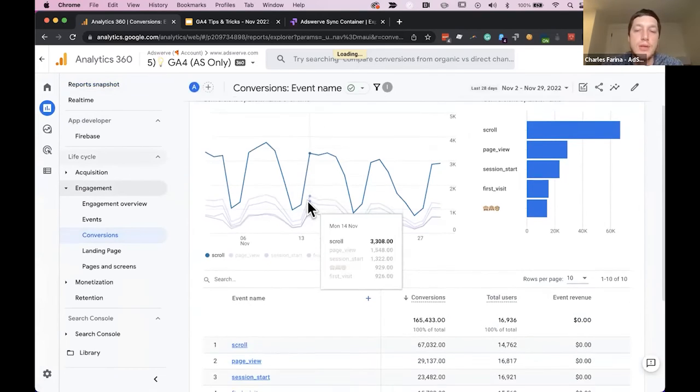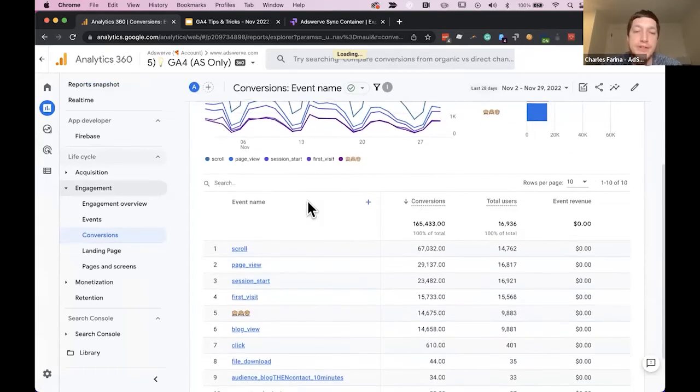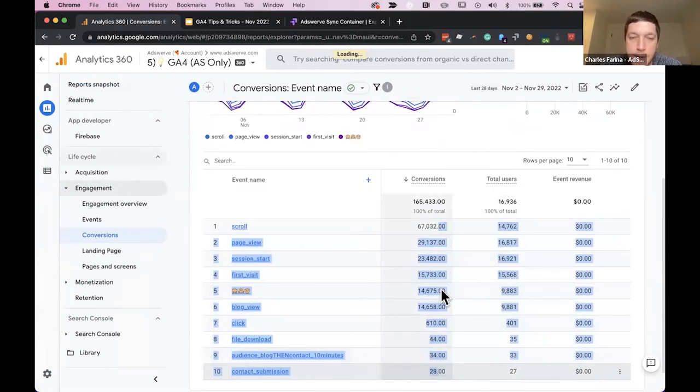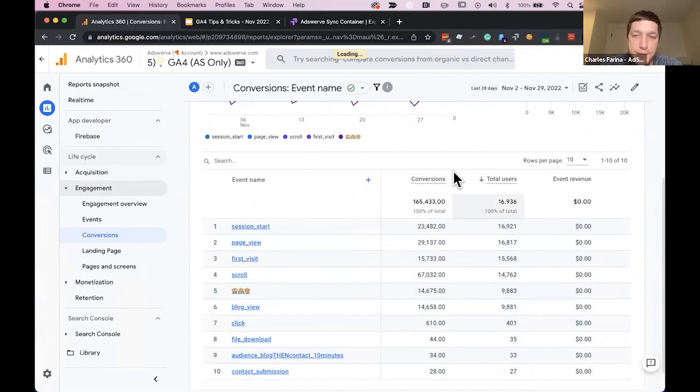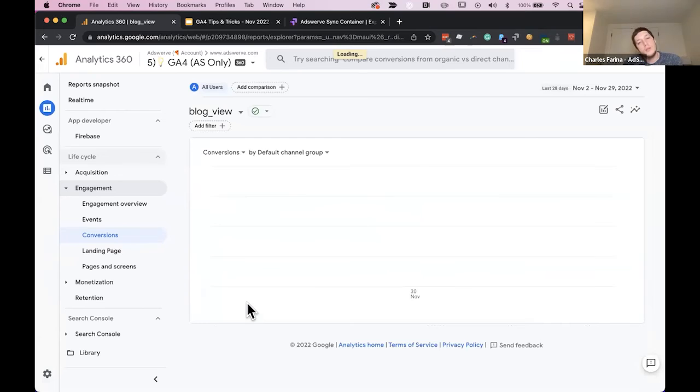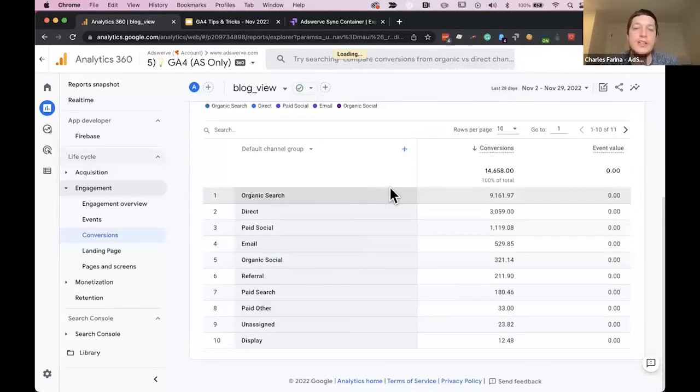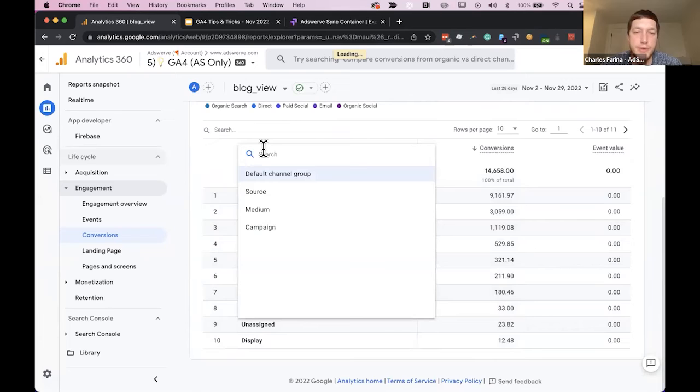Let's ask ourselves a question again. Is this a data-driven attribution report? Here we can see we have decimals, but they're all zeros. This is almost DDA, but not quite. This will only be a data-driven attribution report if you click on an individual conversion. So let's say, as an example, I want to know all of these blog views. Where did the traffic come from? Now, if I scroll down, now that I've clicked into the report, I can see the conversions, I can see my decimals, and now I'm looking at data-driven attribution.